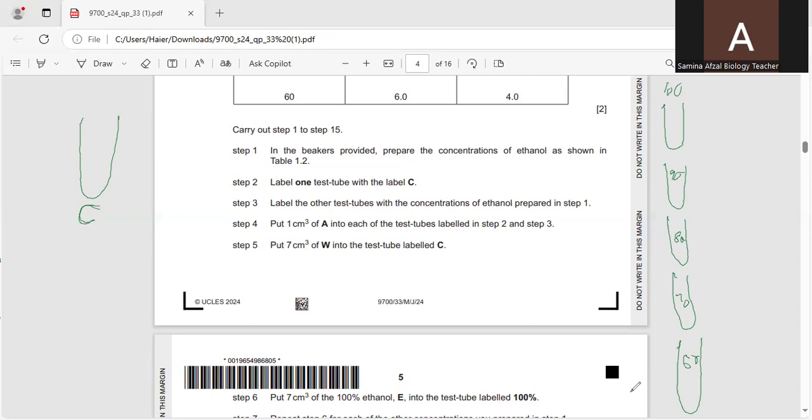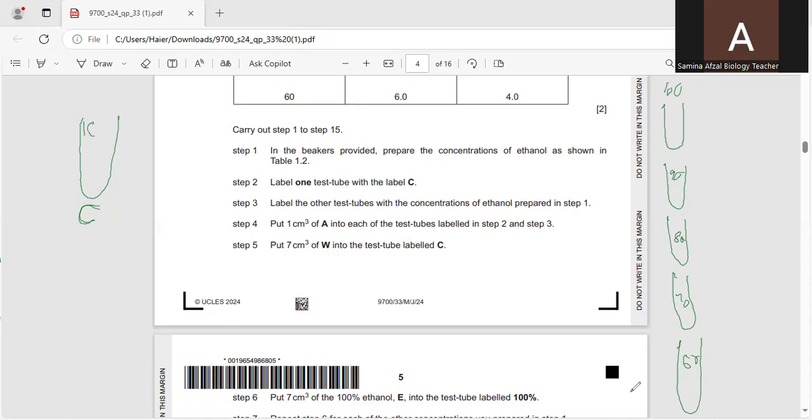So put 1 cubic centimeter of A into each of the test tubes labeled in step 2 and 3. So what is A? Already it was given, that A is the calcium chloride solution. 2 and 3 means the control test tube and the other 5 test tubes with concentrations 100, 90, 80, 70, and 60. So first of all, I will add into the control,